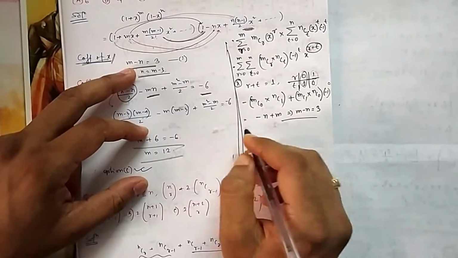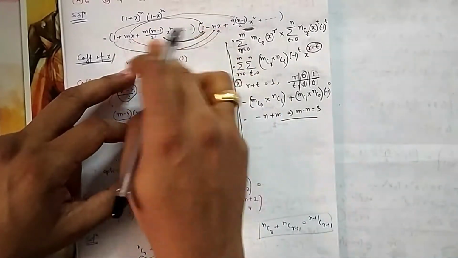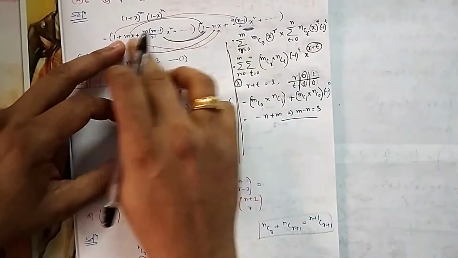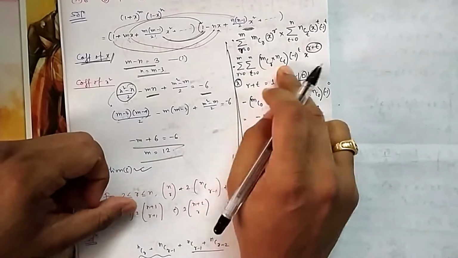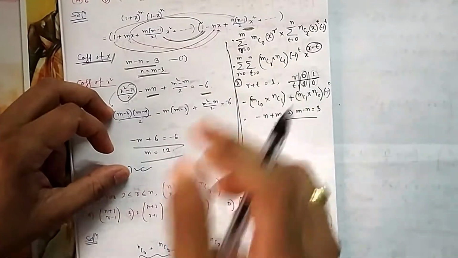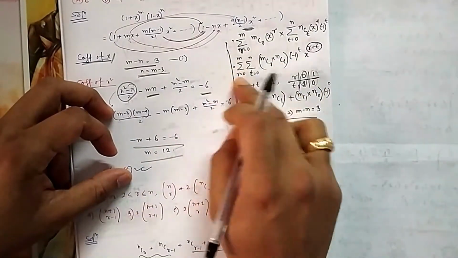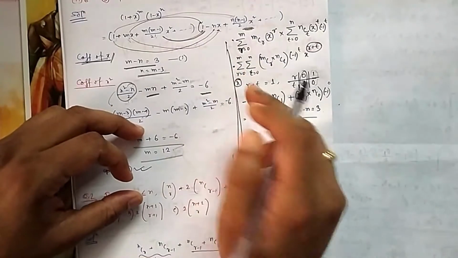So using this also you can do it. Then you don't need to think which one will be the product of this one. You need not expand it. Using this double sum also you can do it. I will give a reference of this question that we have done in JEE Main. I have explained there in detail the meaning of this double sum.